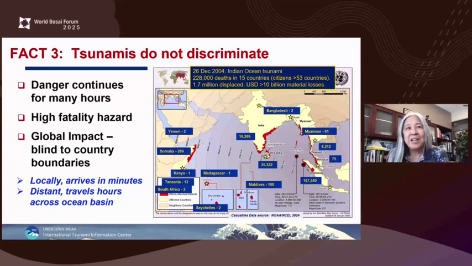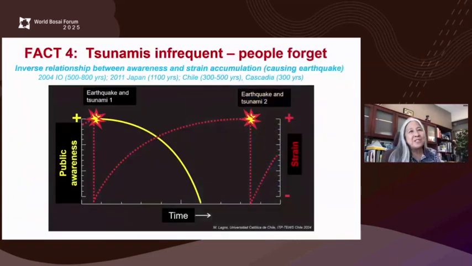They're a high fatality hazard. They don't care if you are a rich country or a poor country. This is a natural hazard that's potentially upon everyone's shores at any time without prediction. So let's go just to the last fact 4, next.